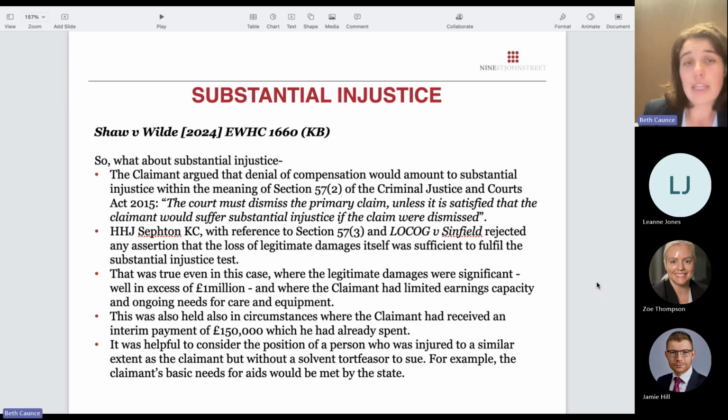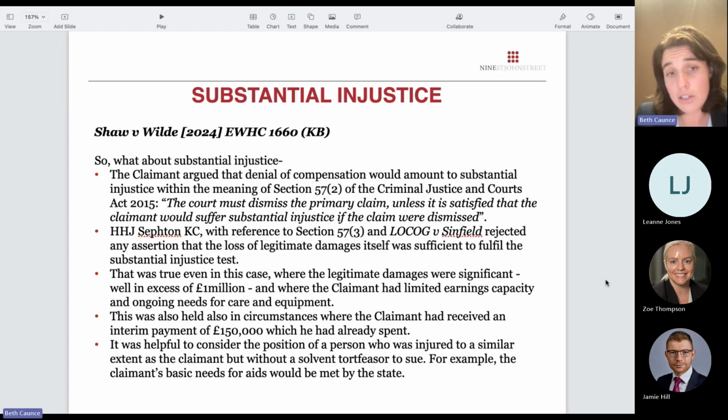So what was said then about substantial injustice? Well, Section 57(2) of the Criminal Justice and Courts Act 2015 states that the court must dismiss the primary claim unless it is satisfied that the claimant would suffer substantial injustice if the claim were dismissed. The claimant argued in this case that denial of compensation would amount to substantial injustice, but that was rejected by the court. His Honour Judge Sefton rejected the assertion that loss of legitimate damages in itself was sufficient to fulfil